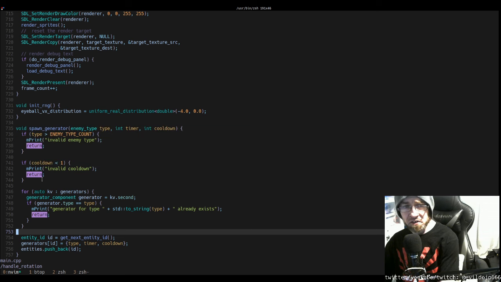Last function, spawn generator, and also the newest one. So without following any sort of tutorial, I came up with this on my own, just based off the way that the previous components worked. We go and check to see if the various inputs are good. In other words, we have a valid enemy type, and we have a valid cooldown, but